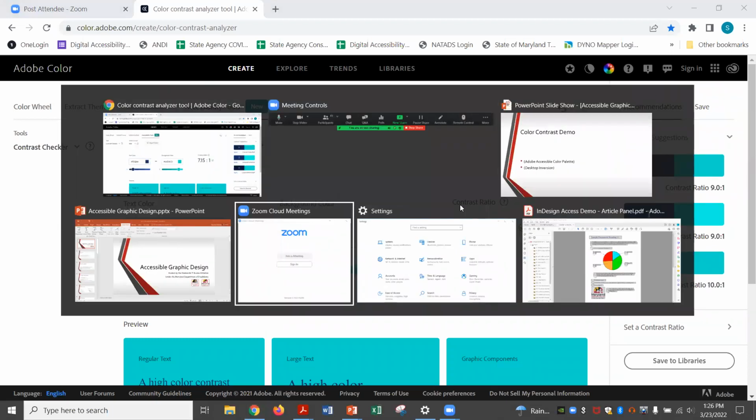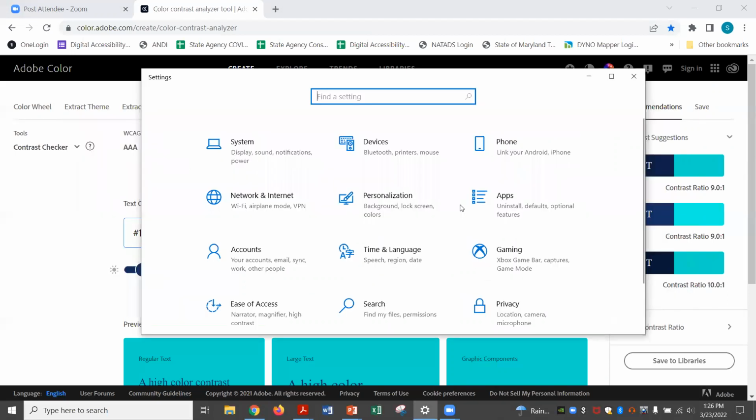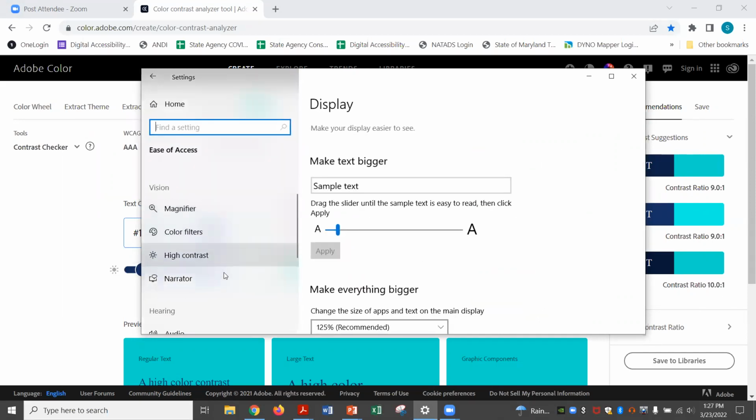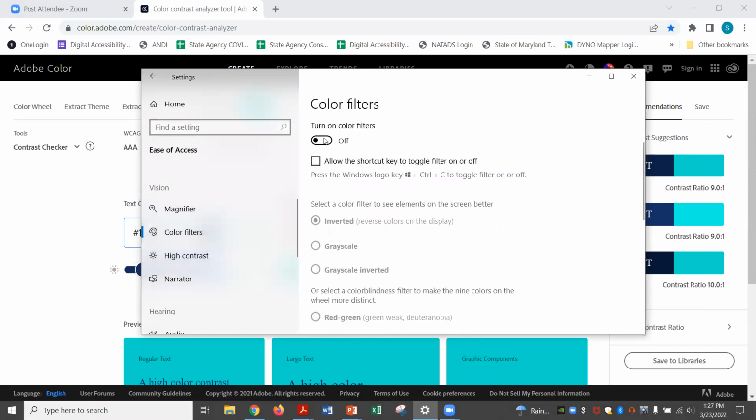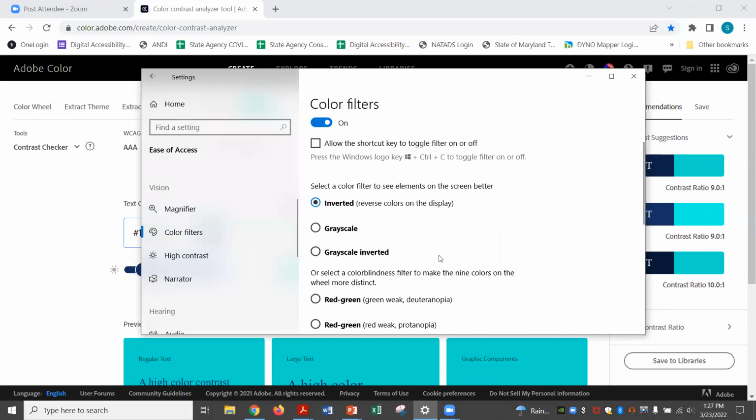The other thing I want to show you, which might be a useful tool for you, but I'm not sure it's going to translate correctly, is the color filters in your computer itself. So in Windows settings, in the Ease of Access menu, we can go down to color filters, and we can turn these on. Inverted, I think, is the one I would recommend the most to people because that is the most drastic, and it is also the one that people with like